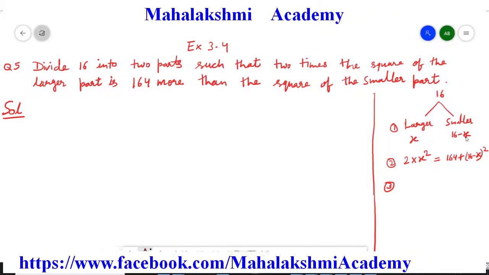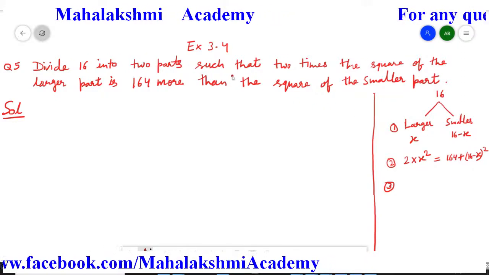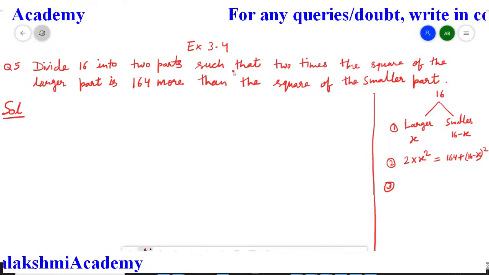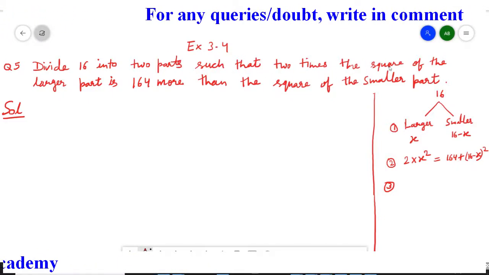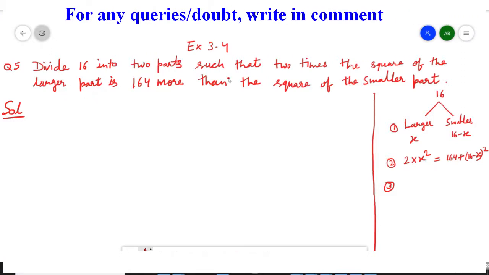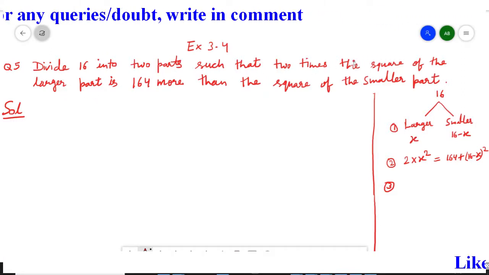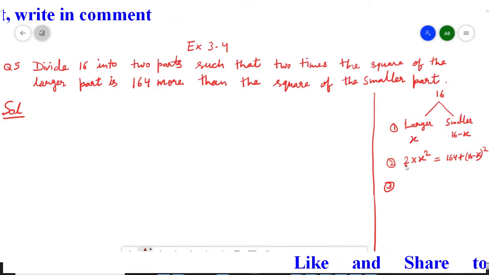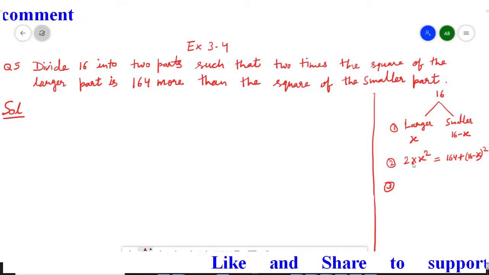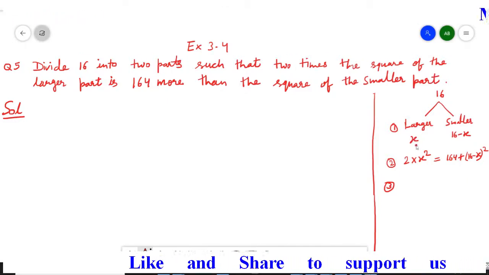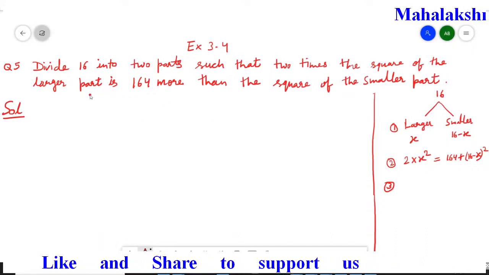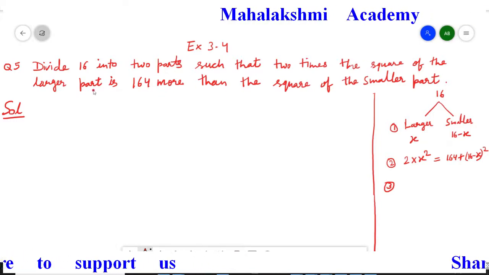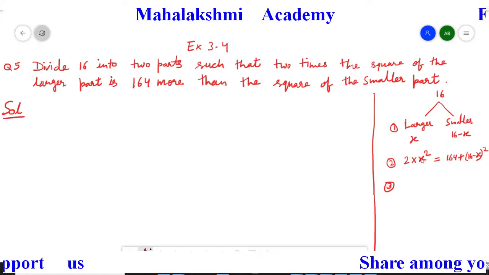After assuming the larger and smaller number, whatever the question is stating to us, we have to balance. So here the question states 2 times the square of the larger part. 2 times means 2 multiply the square of larger part. So students see here, roughly I have done 2 times means 2 multiply square of larger part. Larger part square means x square. So we reached up to here, that is 2 times the square of the larger part, that is 2x square.